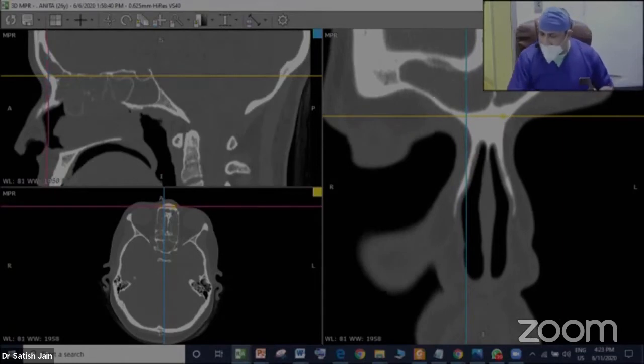This is something I'm going to relate intraoperatively as well, as this is going to be my biggest landmark for the frontal sinus. We have been showing this for years together and today as well. To understand the frontal sinus, to reach the frontal sinus, to open up the frontal sinus, which is considered to be difficult for surgeons, believe me, if you see three-dimensionally, some structures become child's play.